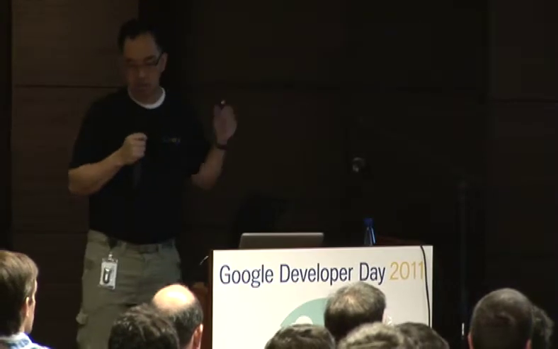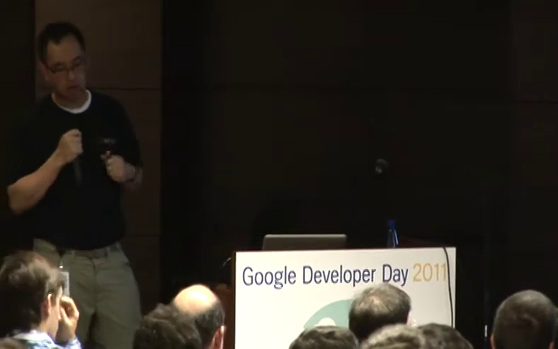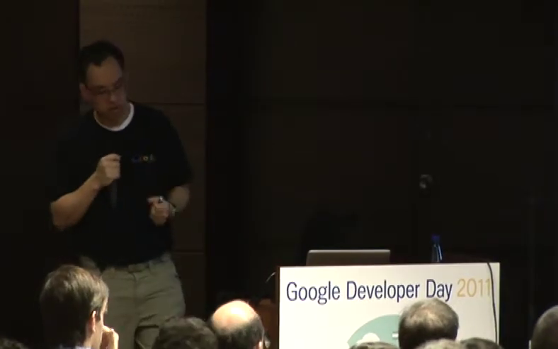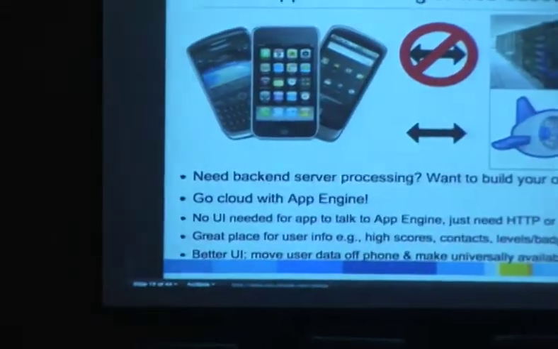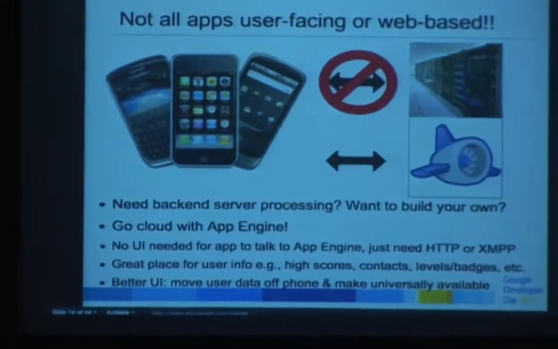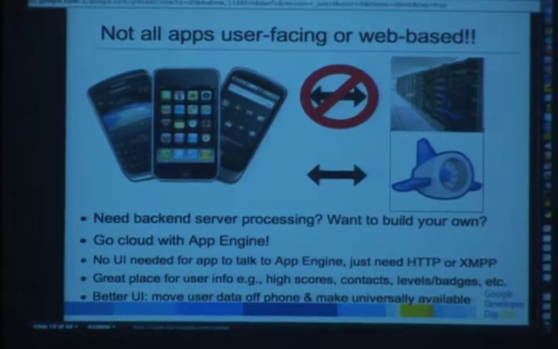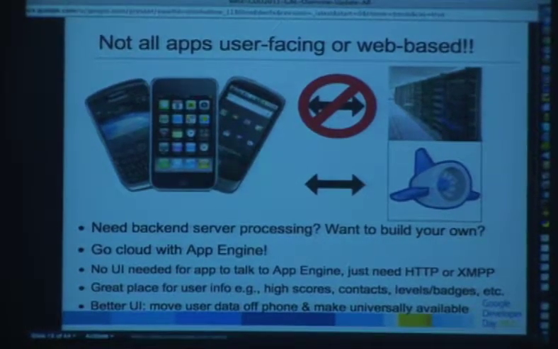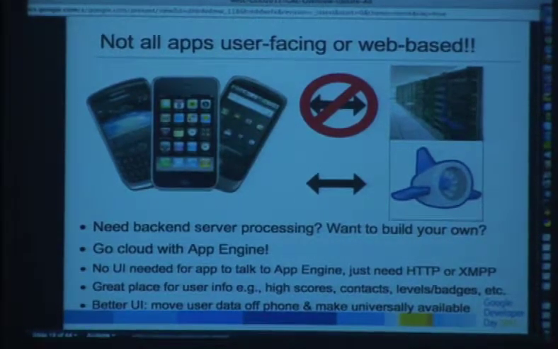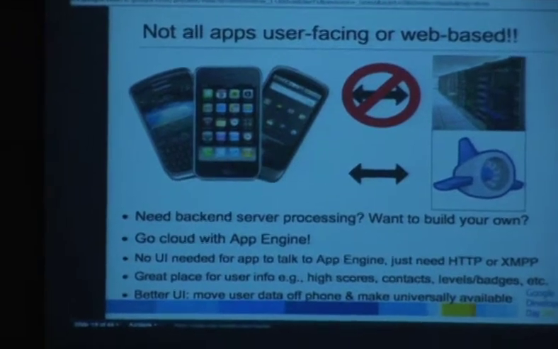So all of the apps we looked at so far are examples of web applications, things that have user interfaces. But there's another use case that people don't really talk about that much, and that is non-user-facing websites, like apps that run on mobile phones. Well, you have the same situation if you want to have your app have a backend. A backend system. Either you have to build it yourself and host it yourself, or you can go cloud and use App Engine, because